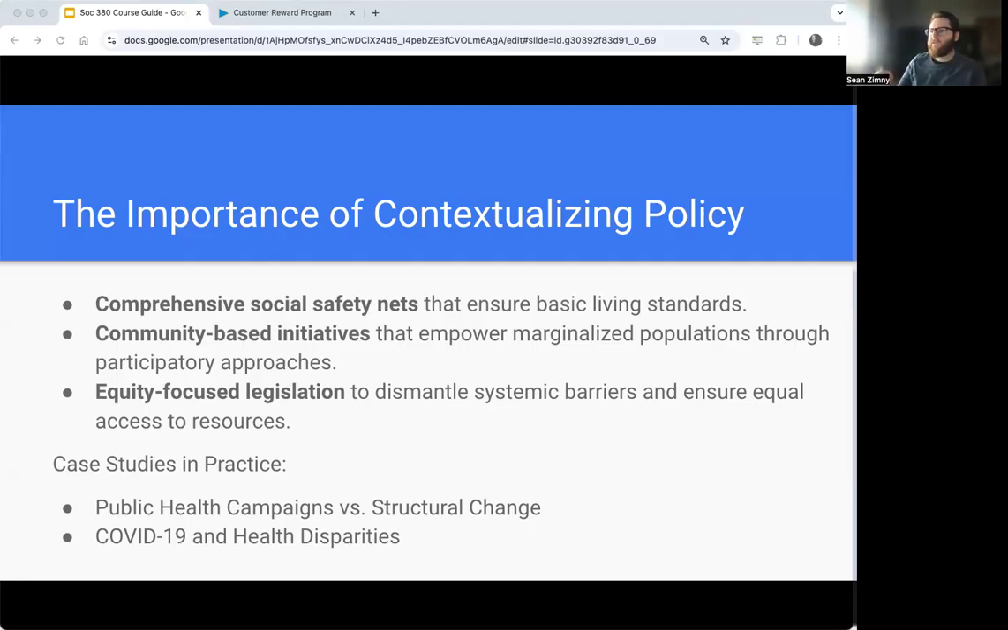Case studies in practice. Just a couple of examples, and I think it's unique to highlight these: public health campaigns versus structural campaigns. Let's talk about this. For example, I think the anti-smoking campaigns are a good example. While anti-smoking campaigns have been widely successful, higher tobacco taxes disproportionately impact lower income smokers. Think about that: the higher tobacco taxes, which have been a part of the anti-smoking campaigns, impact lower income smokers more,